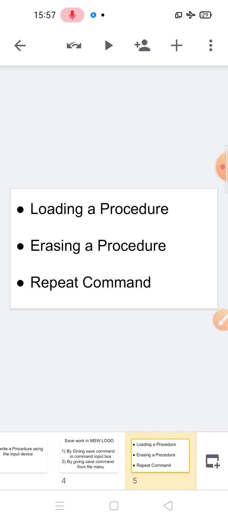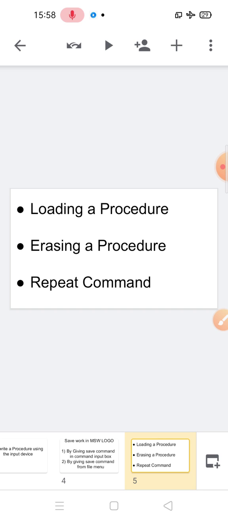Next is loading a procedure. Once the procedure is saved, it can be loaded or recalled anytime from the hard disk to memory, and for this the LOAD command is used. For this, type LOAD and in brackets the procedure name in the input box of the command window and press the Enter key.